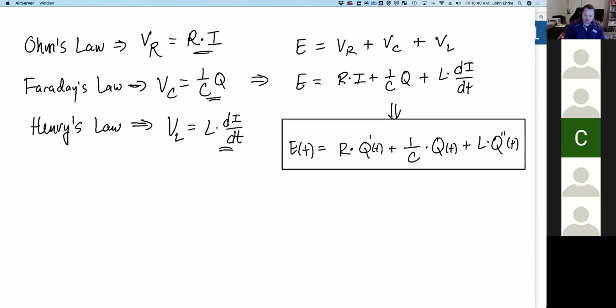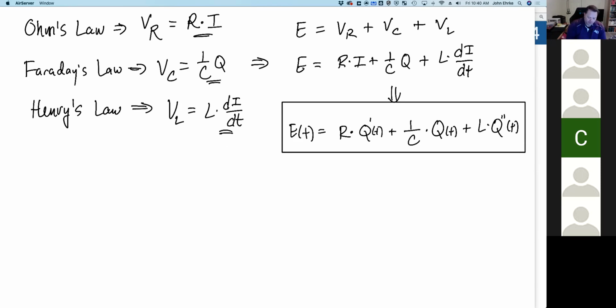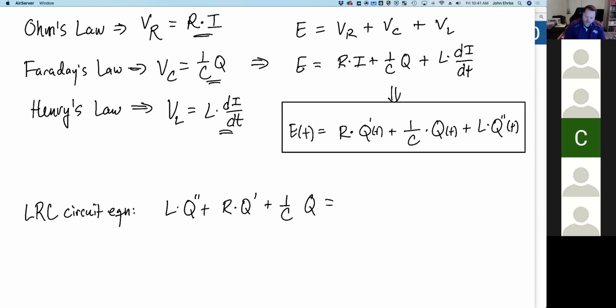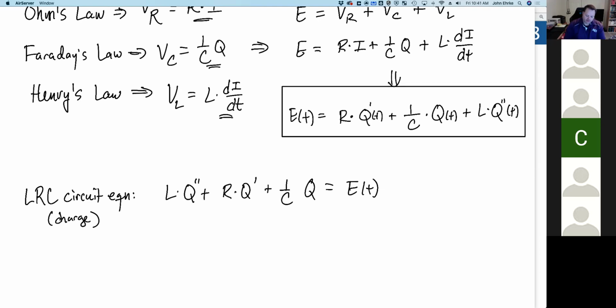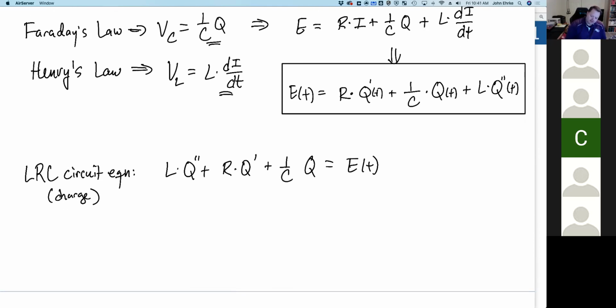It's the first second order differential equation I think we've seen in the course. So let me write it out all nice and pretty. It's what's called the LRC circuit equation. It says L times Q double prime plus 1 over C times Q plus R, oops, got that out of order. Typically you write it in descending order for the derivatives. So it'd be L times Q double prime plus R times Q prime plus 1 over C times Q is equal to E of t. So this is the LRC circuit equation for charge. This tells you how the charge in an LRC circuit changes over time. It is a second order